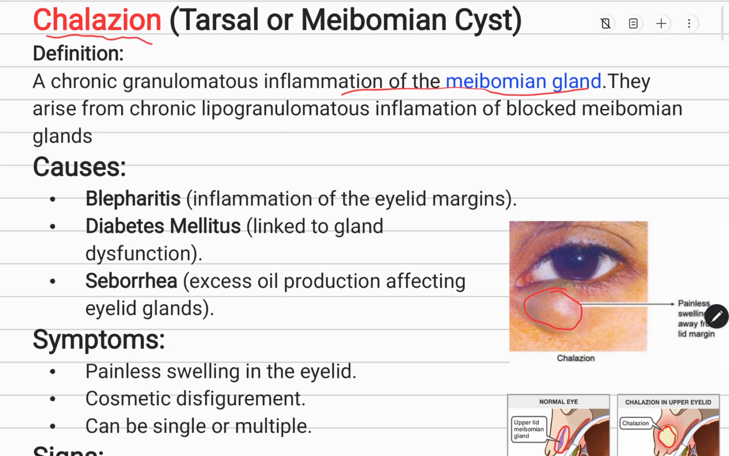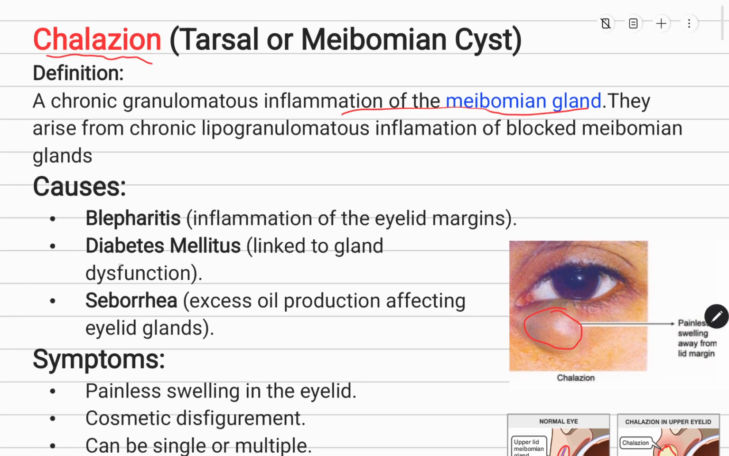So why does this inflammation occur? It may occur due to diabetes mellitus, which may cause gland dysfunction. It may occur due to seborrhea or blepharitis. As we know, the main secretion of the meibomian gland is lipid in nature. So we can say that it is lipogranulomatous inflammation. So there is a formation of granuloma, due to which we can say it is a chronic granulomatous